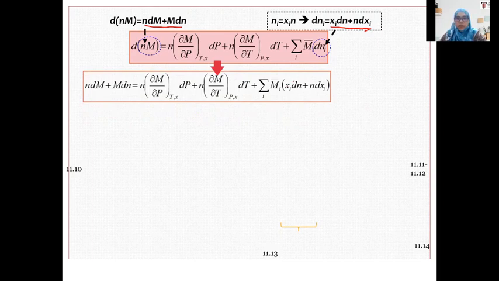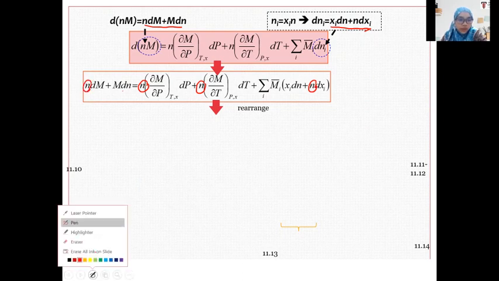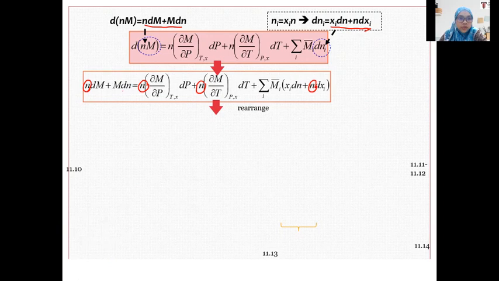Okay, just replace this with the other expression, and then we can rearrange these terms. You can see we have n at the end. Maybe I write n first. So n, and also we have n, and we have n. So we can rearrange to have the dn and the dn, because for the n, that means we have